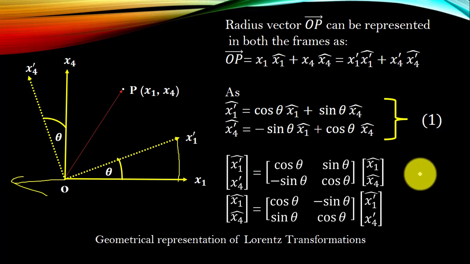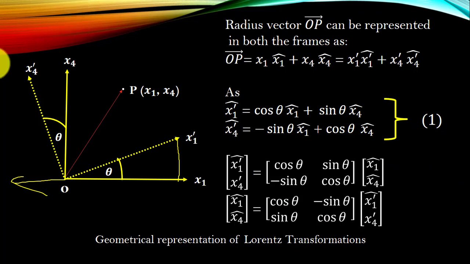And if I have to transform, suppose here what we have done, the coordinates of the particle are given in the x1 x4 coordinate, and we have to calculate its coordinates in the x1 prime x4 prime frame of reference. And here if we have to calculate the coordinates of the particle in the x1 x4 frame of reference, and we are given its coordinates in the x1 prime x4 prime frame of reference, what we will do, we will just take the transpose of this transformation equation. So here x1 prime, this is just a transpose of the equation. This coordinate comes here, this comes here, and the transpose of this matrix is taken. So this will represent the inverse transformation equation basically.